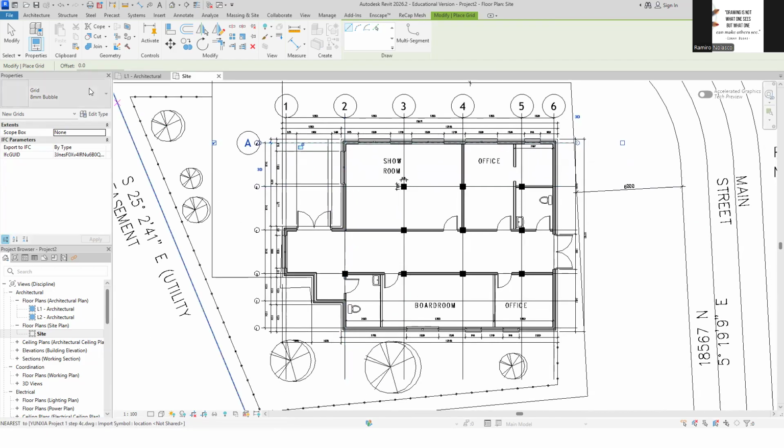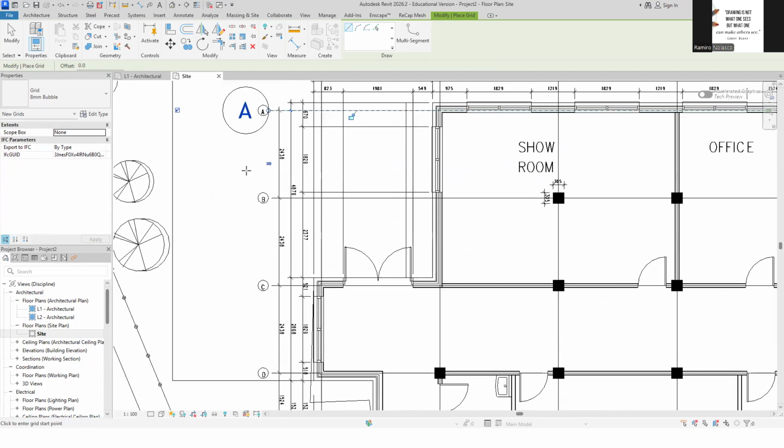Next, we're going to offset this by 2438. So 2438, and then we're going to pick lines. Again, make sure it goes more down, and it will automatically assign the value B. Here again, pick line.